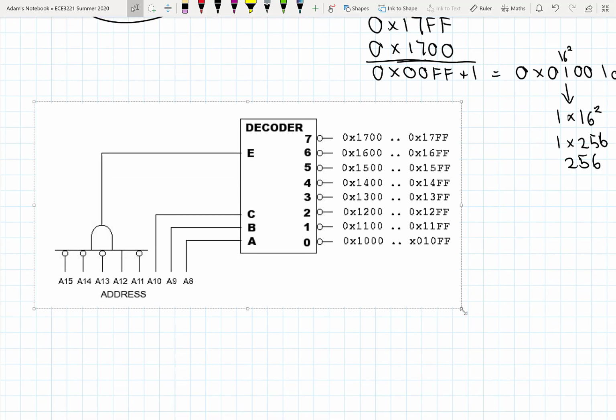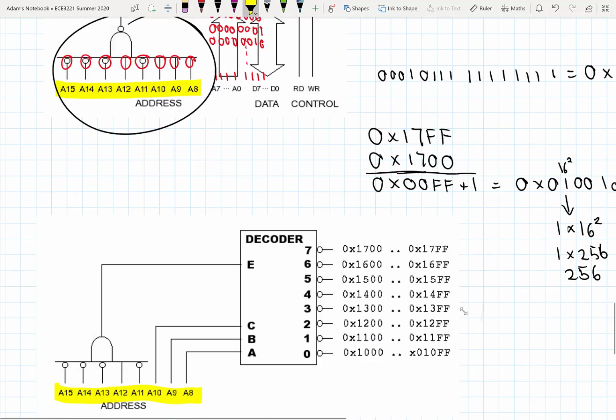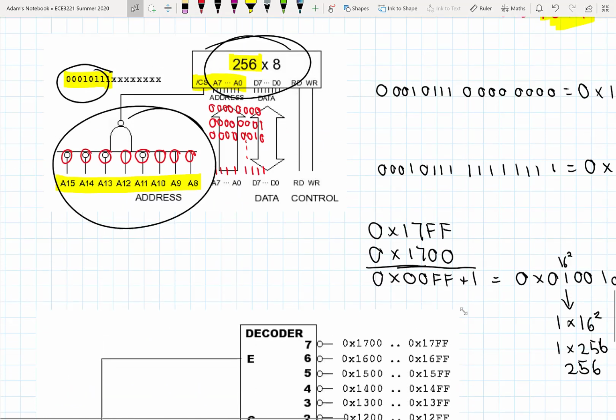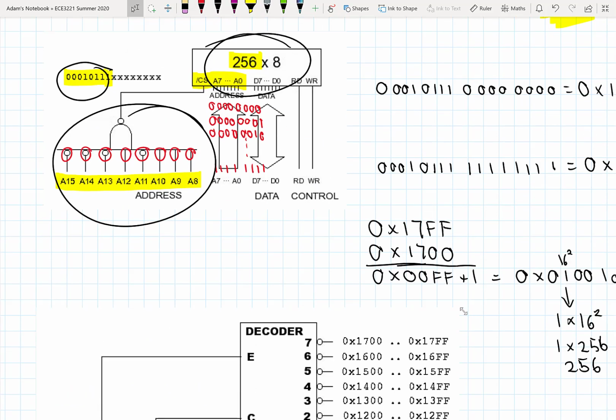Okay, so think about how this works for a second. We're assuming a 16-bit address bus here again, and we're assuming we're generating chip selects for, well, like the memory above here. So I could pull, let me maybe bring this